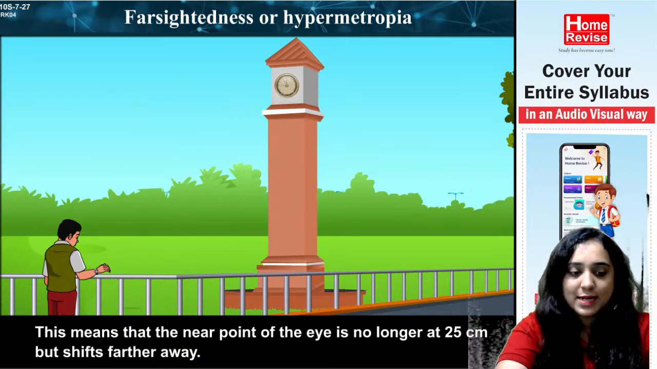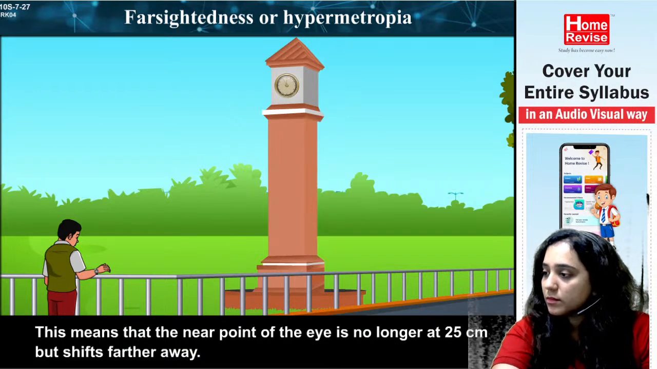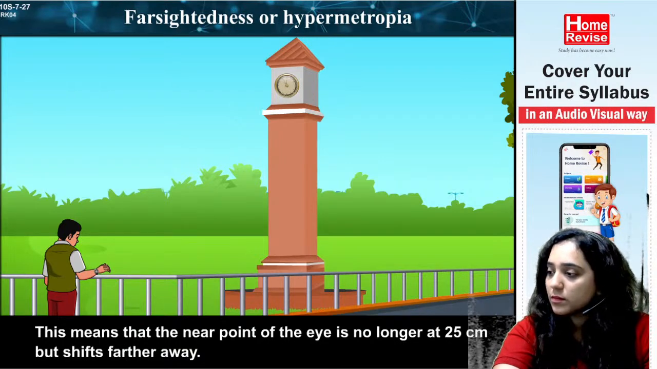Okay, yes, chalo let's understand this thing. The near point of the eye is no longer at 25 centimeters but shifts farther away. The image